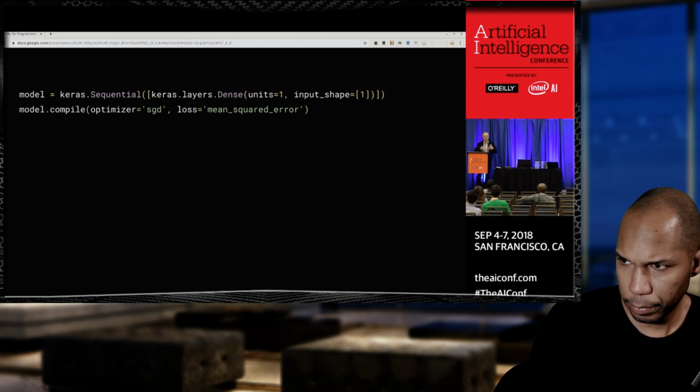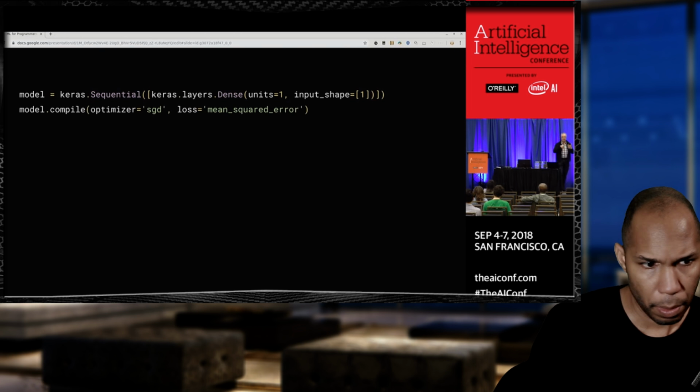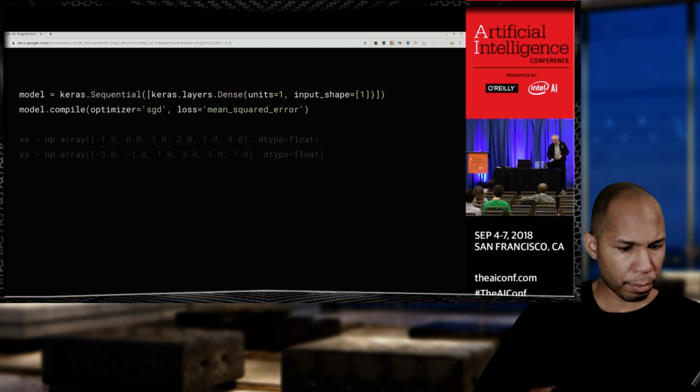And the optimizer is saying, okay, here's what I got the last time. I'm going to try to guess these new parameters, and I'll keep going until I get y equals 2x minus 1, or something along those lines. So that's all you do. You just compile your model, you specify the loss function, you specify the optimizer. These are both really heavy mathy kind of things. One of the nice things about Keras, one of the nice things about TensorFlow is they're all done for you. You're just going to specify them in code. And so I'm going to try the mean squared error as my loss function, and I'm going to try something called SGD, which is stochastic gradient descent, as my optimizer. And every time it loops around, it's going to just guess new parameters based on those.